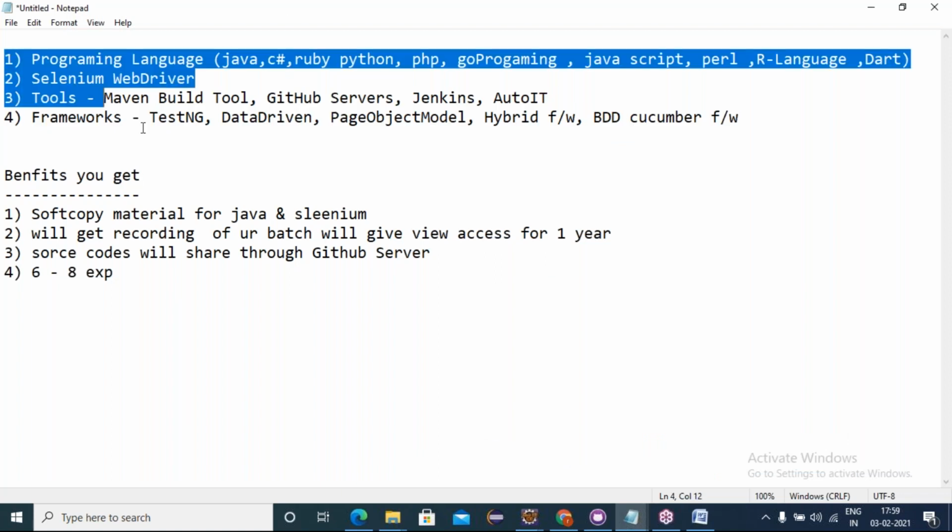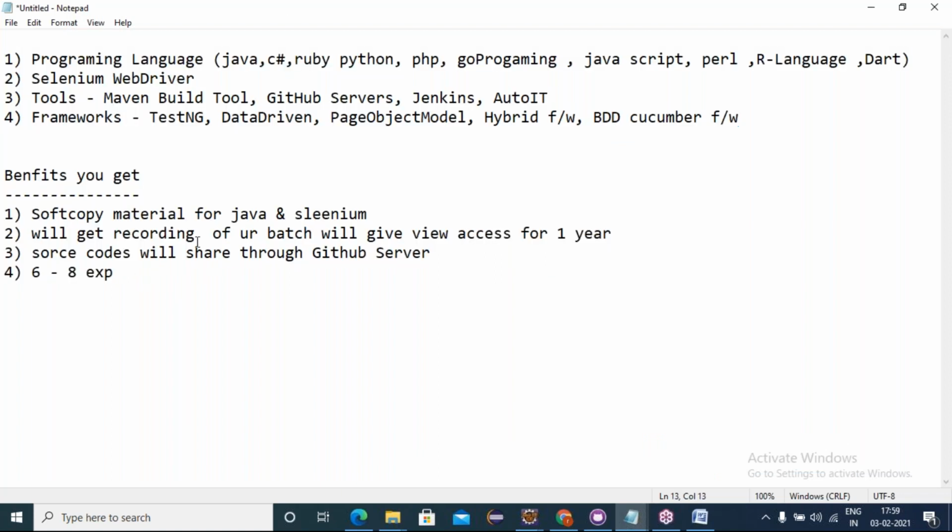I hope everyone is clear about the day 1 demo. Tomorrow we'll take demo 2 on Selenium. Friends, at a glance, I have given the information of what is going to be covered. Tomorrow we will talk about demo 2. There we talk about automation and Selenium introduction. We'll be talking about the second day demo tomorrow. The same link, same timing.